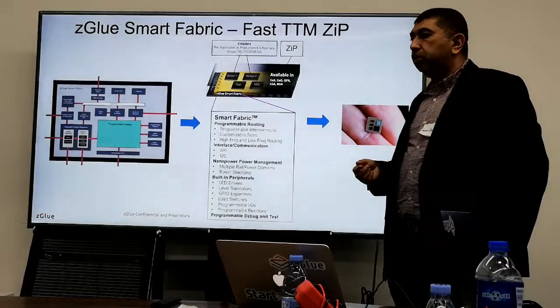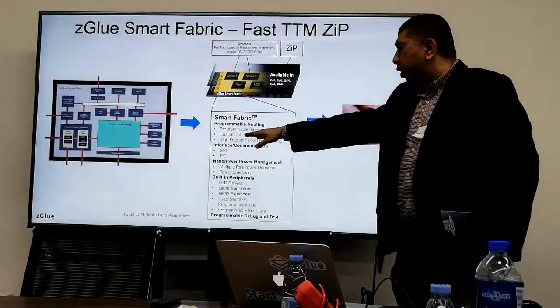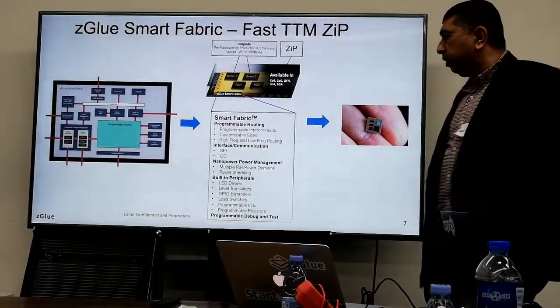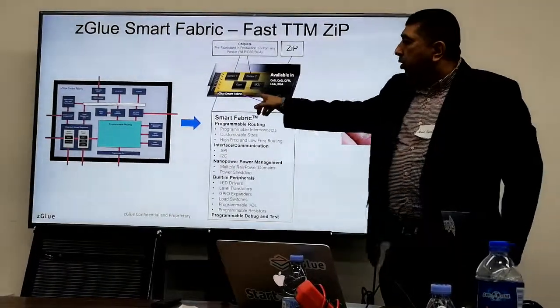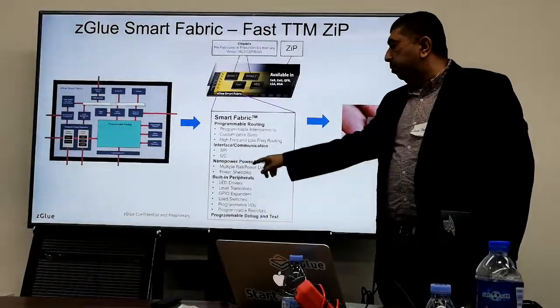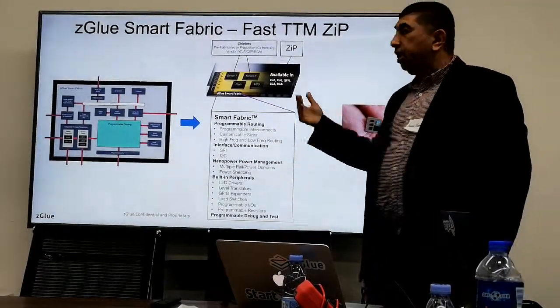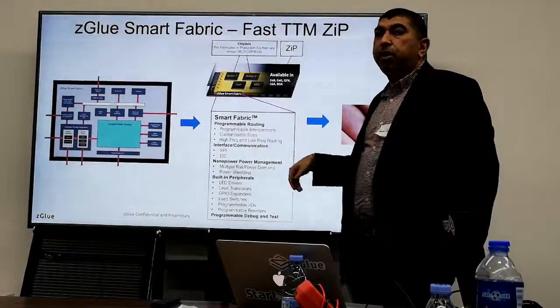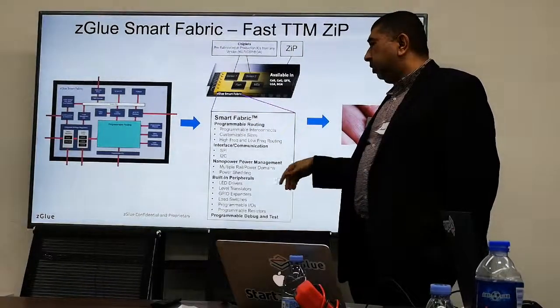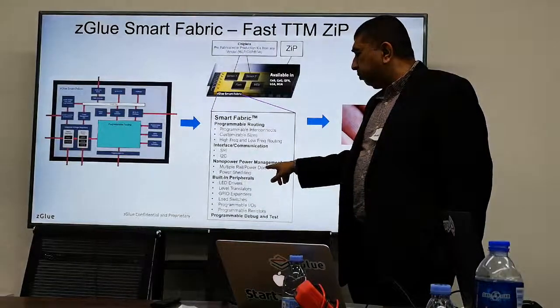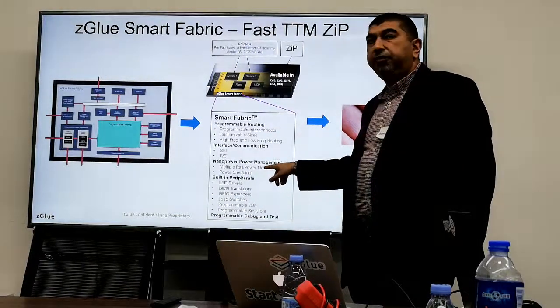So Bluetooth Low Energy has been already validated. So there is radio frequency routing. You can talk to the ZGlue Smart Fabric using SPI or I2C from outside, or actually also talk to it from the top. It does have different types of voltage options and different types of